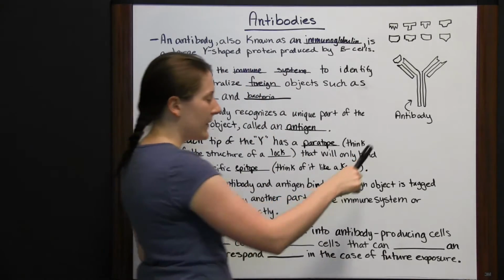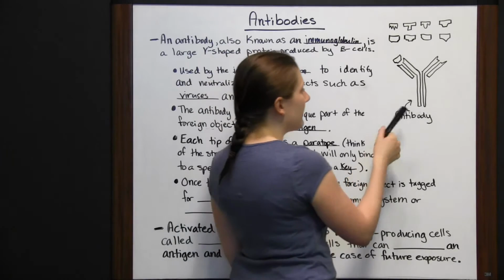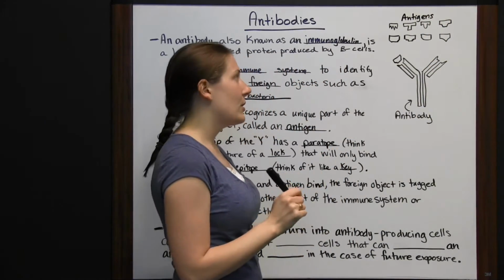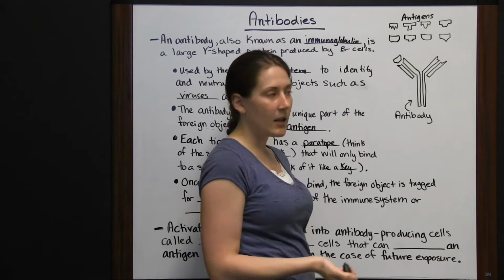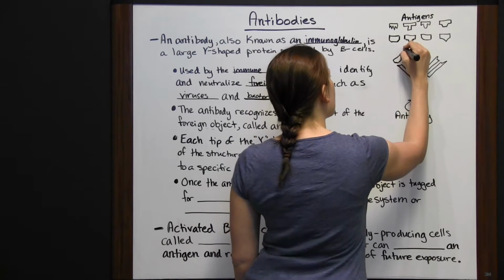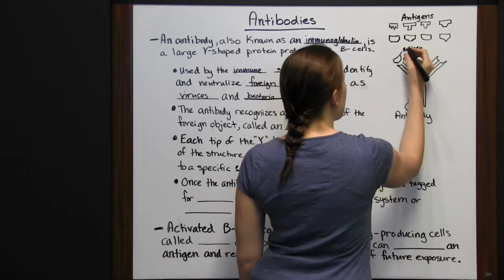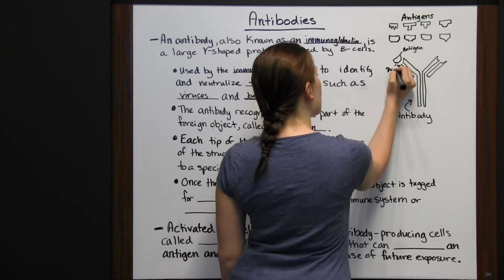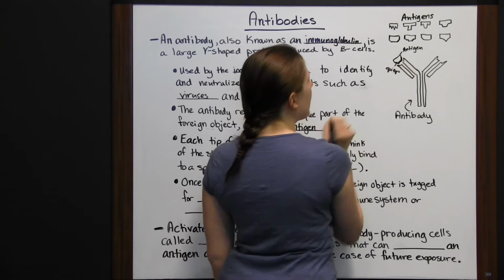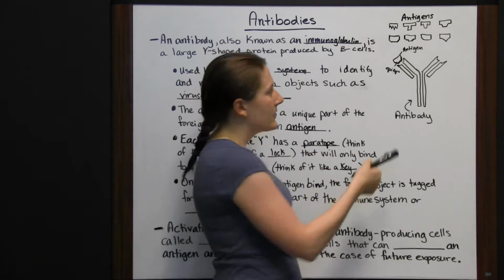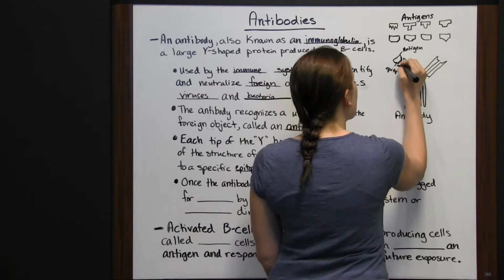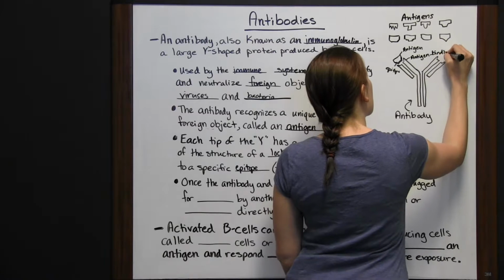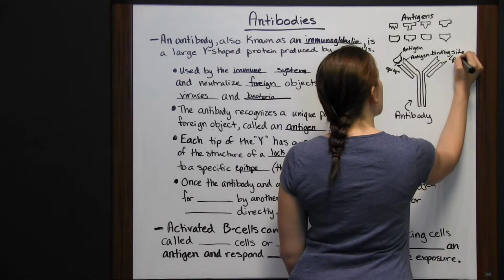So let's look at our structure over here. We've got our antibody, which is this whole Y-shaped protein, and then we've got all these antigens up here. So there are lots of different antigens that could come into your body, and this is probably not what they look like, but it's just to give you an example. If we're thinking of our antigens, and this area here is going to be our epitope, this part here that would bind, it's supposed to be considered a key. So if this is our lock here, this antigen binding site, or the paratope,